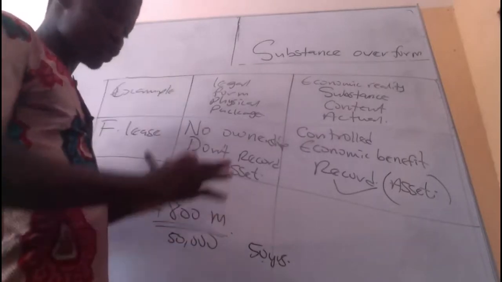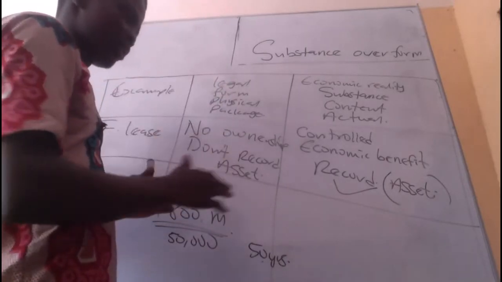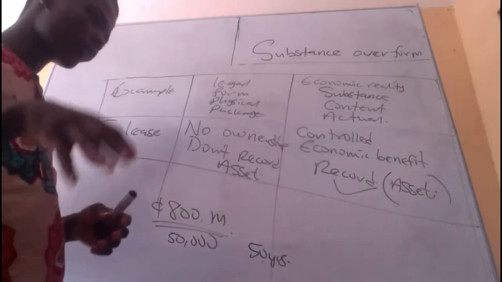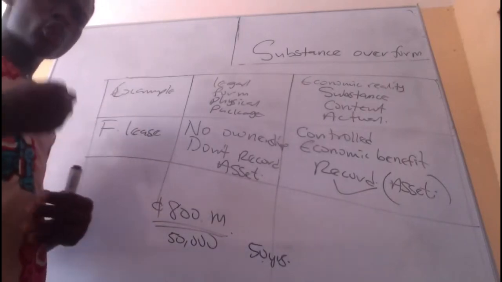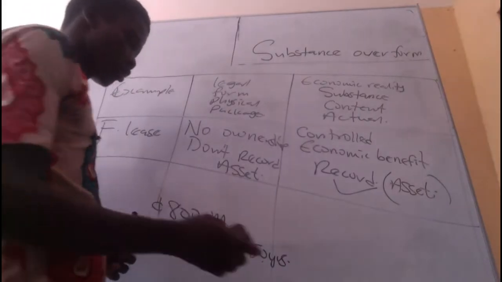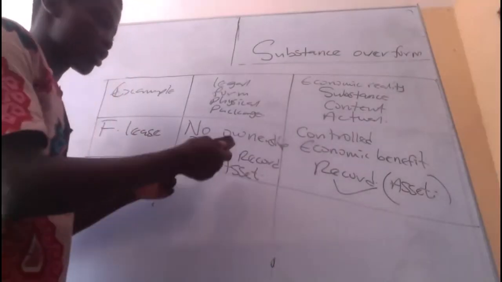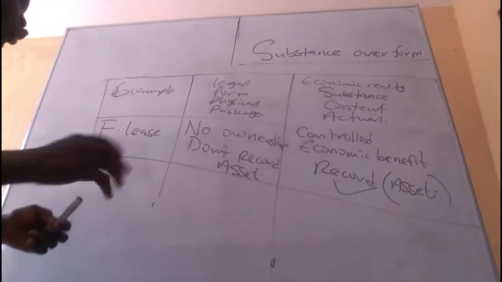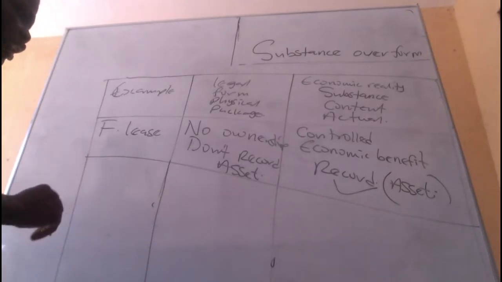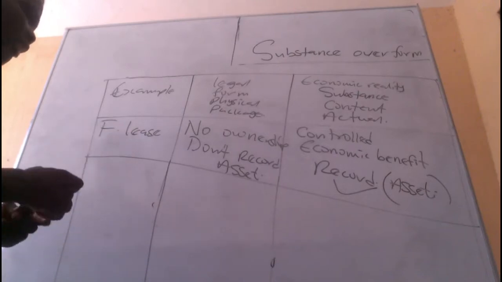If you want to report on legal matters, when you go to court, you provide full legal details. But in accounting books, we report on economic reality because we have to make sure that the financial statements prepared represent the economic stance of the entity. That makes it a faithful presentation. So that is the first example. In the books, they have to record it because the substance should supersede the legal form. Now, I'll give you four examples, and please try to look for one and add it, making five for me.